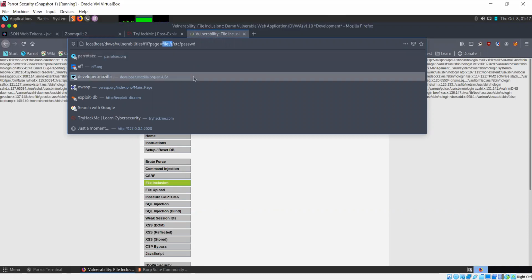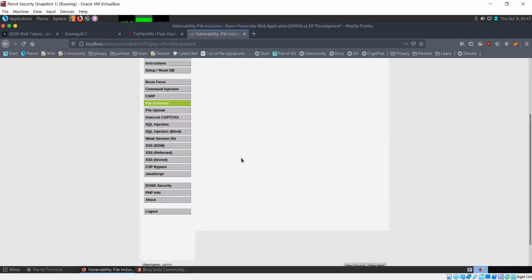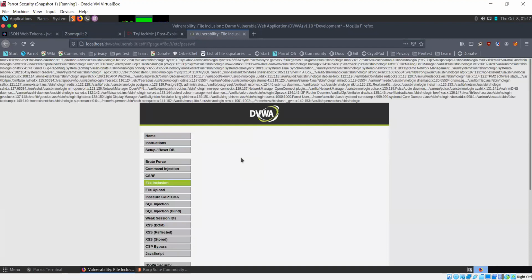So instead of file 3 or file 2, I simply use this format, file colon double forward slash, just like we use in HTTP or HTTPS. If you want to open a file locally, we use this format. So I use this to open the password file. So even in this high level of security, we are able to bypass it in order to get local file inclusion. Now remote file inclusion will not be possible in this case, but local file inclusion can still be done.